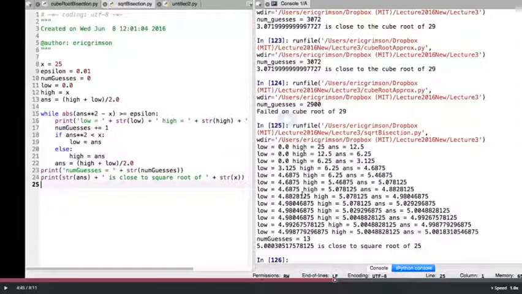I can do exactly... I don't want to do the same thing with cube root.